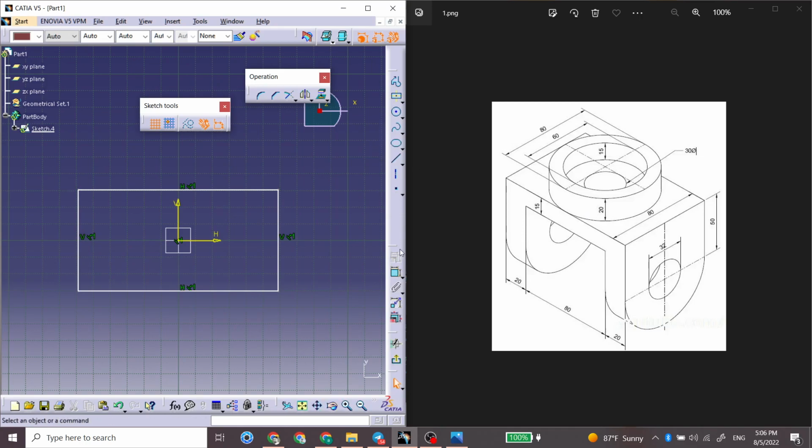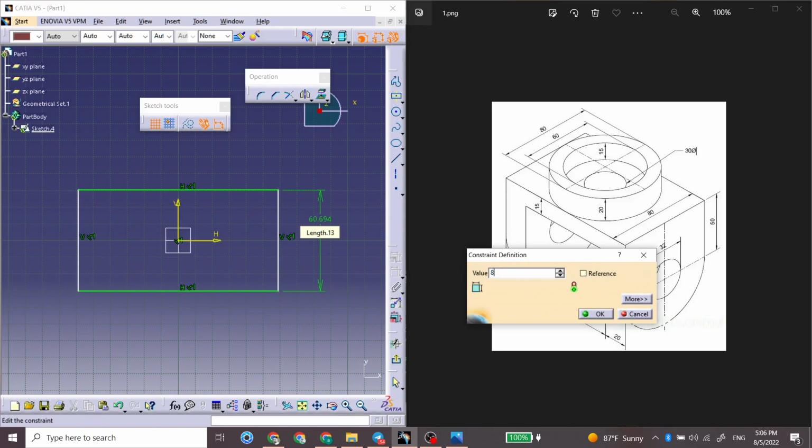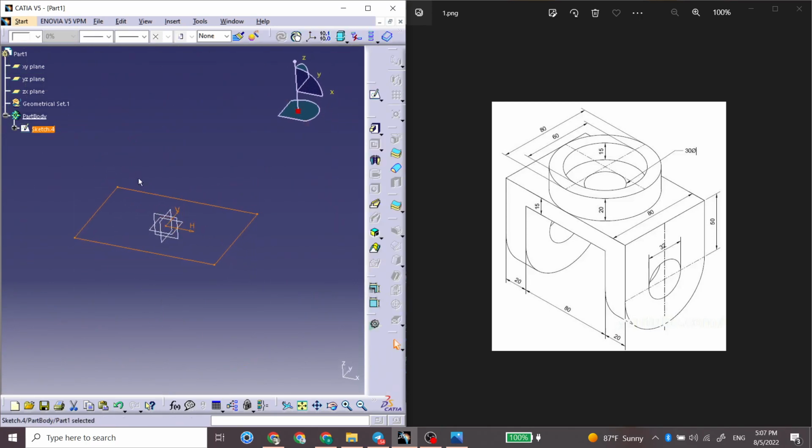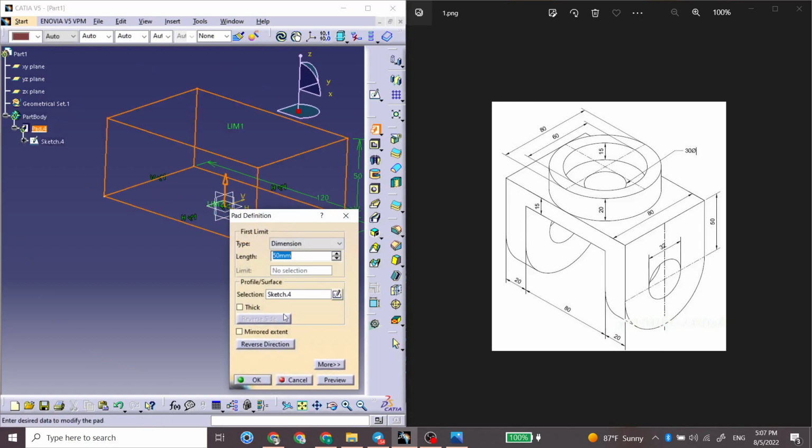I must make it 80 in this side and 120 in this side and exit the sketch. This should be 15 in this direction,